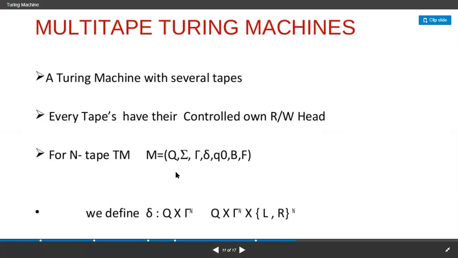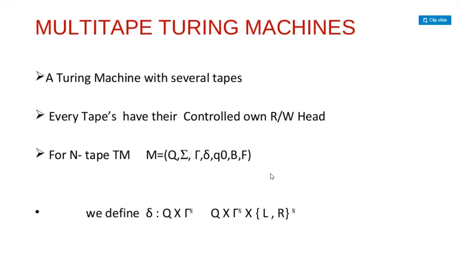And with the mathematical definition of the 7 tuple machine M, you need to define the transition mapping function with this. You need to show the transition mapping function with this. Then it clearly shows that it is a multi-tape Turing machine. If you didn't put power n, then it is simply a Turing machine. If you put power n, it denotes that it is a multi-tape Turing machine, right?